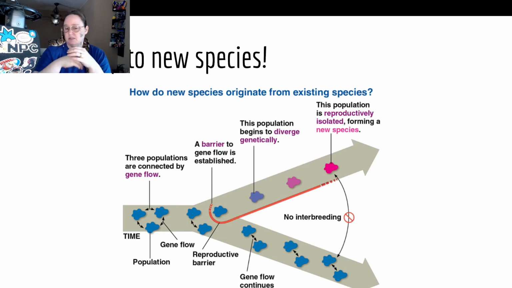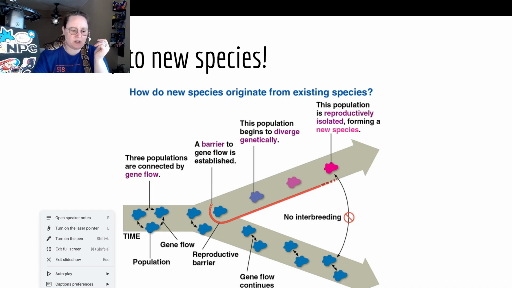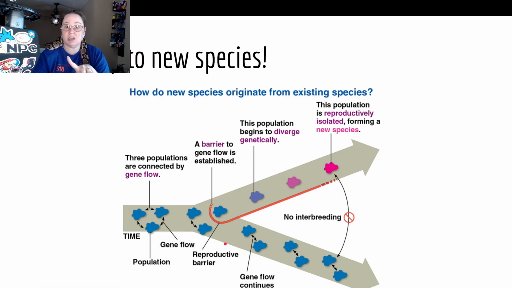Anyway, moving on. So again, roadmap to a new species. Usually what happens is there's somewhere a barrier that splits a population, and it can be a bunch of different barrier types. We're going to go into the barriers in a minute. But basically, there's a population, and there's gene flow between these populations. But given time, once upon a time, something happens between two populations, one splits off, and a barrier to gene flow is established. That barrier can be a physical thing, like all of a sudden they went to an island and they can't swim back for whatever reason, or they floated over there, or there was a volcanic eruption that split a valley.